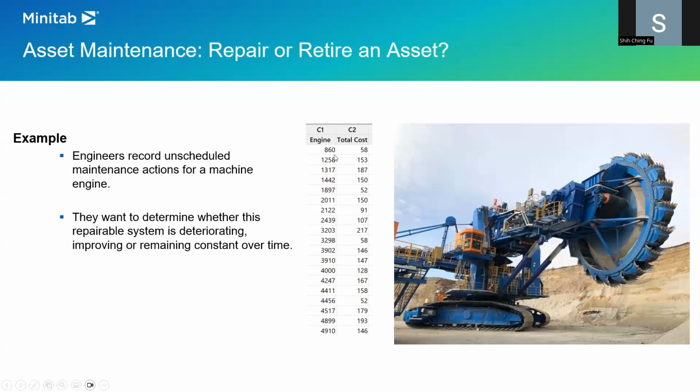So the data just represent the accumulated time for the operating. Like the first 860 hours cost me 58K to fix the problem. Then at accumulated hour 1,258 it occurred again, another failure cost me 153,000. So you see the number goes up, right? Because the engine is going to keep on running, cumulative hour goes up, and we have some cost to fix the